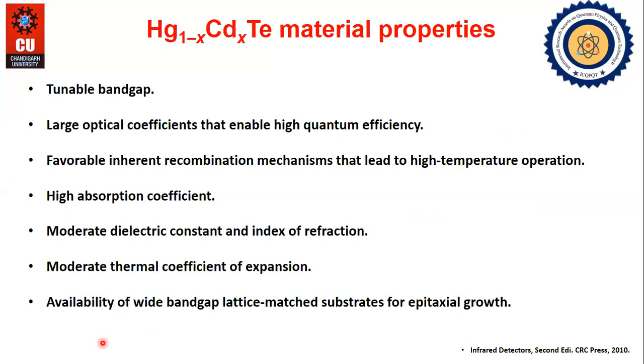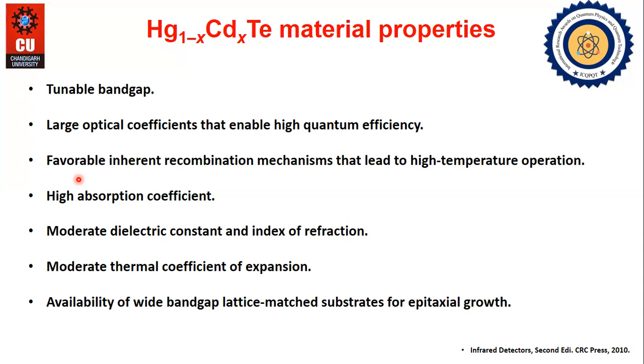Now the properties of mercury cadmium telluride. Mercury cadmium telluride is the most widely used material for the development of infrared photodetectors because of its excellent properties such as tunable band gap, low leakage current, better stability, low thermal generation rate, and relatively high absorption coefficient, which make this alloy a suitable material for high performance IR detectors. So far, numerous mercury cadmium telluride based IR detectors with different configurations such as PN, PIN, and dual band IR detectors have been